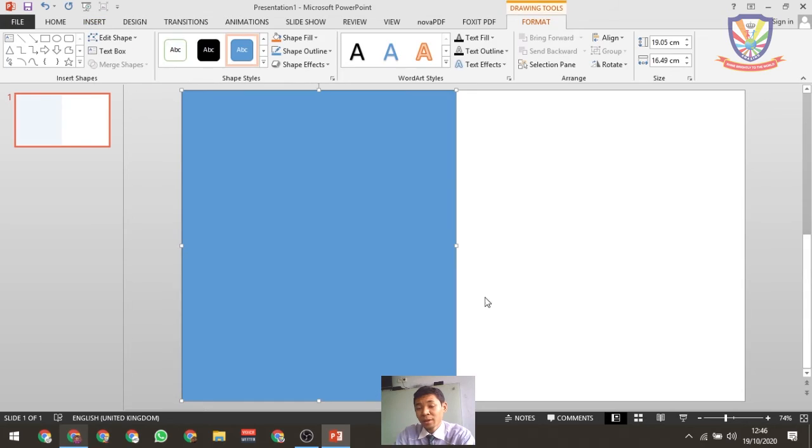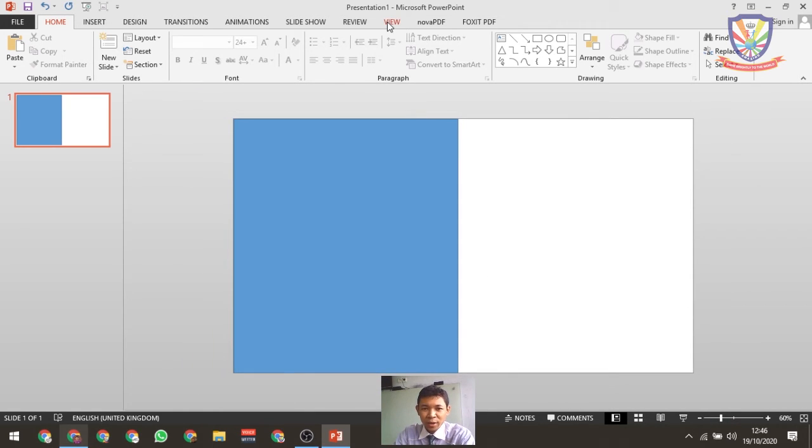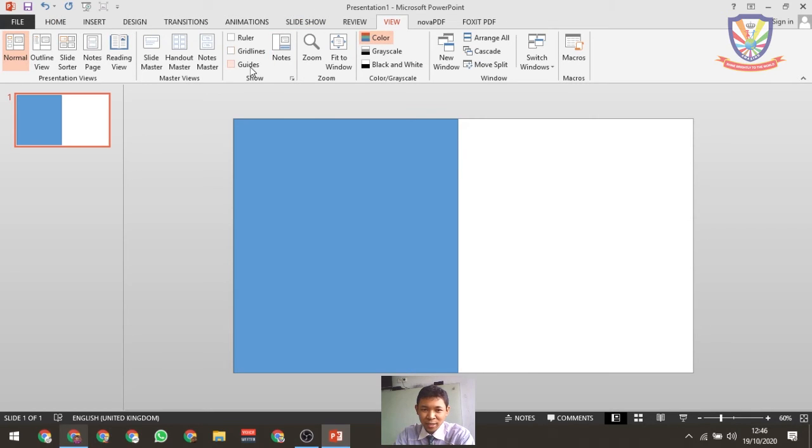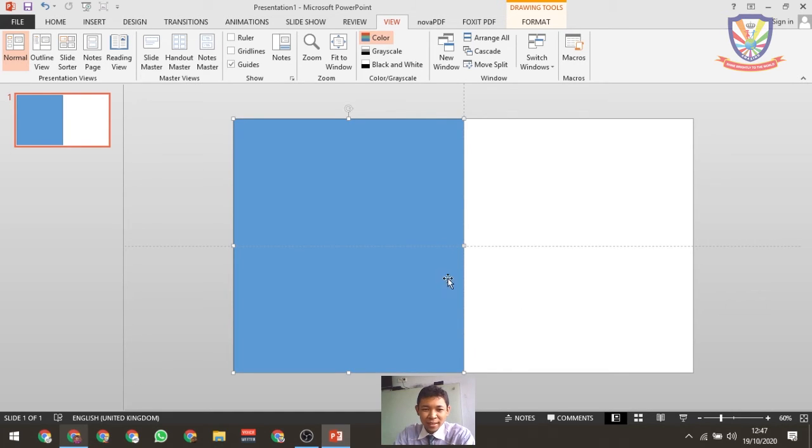If you aren't sure whether this is already half of the media size or not, you can zoom out first. You can click view and then ask the guides from PowerPoint, guides, please show me where's the middle line of these slides. Just click guides and the guides will show you. Here is the middle line. So we make sure that the size of the rectangle is half of the media. Oh, thank you for the guideline. So you can just uncheck. You just make a half size rectangle,